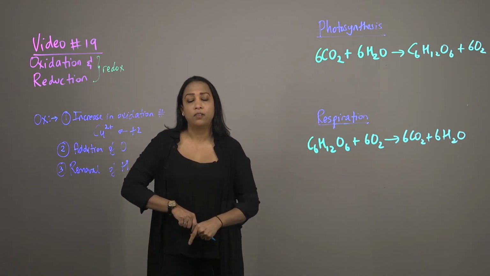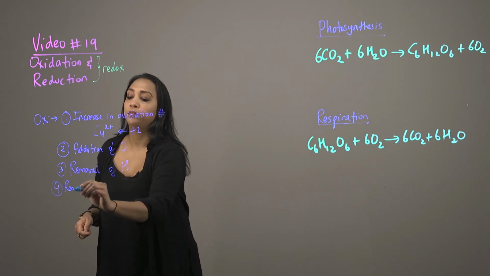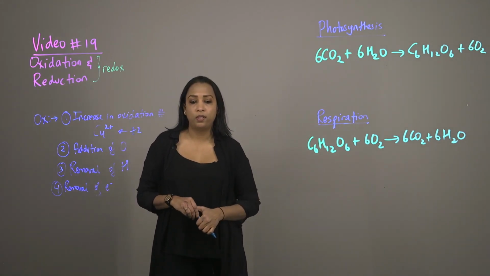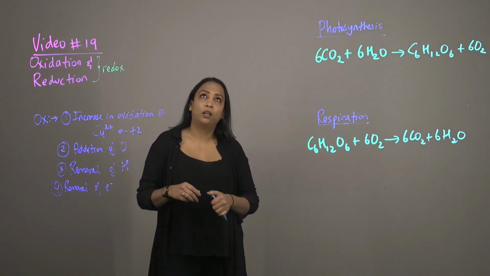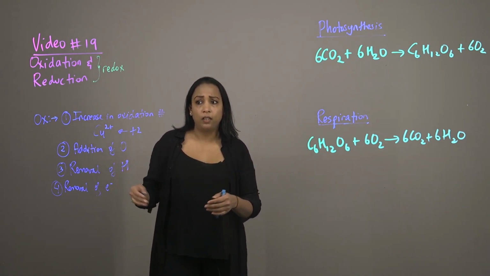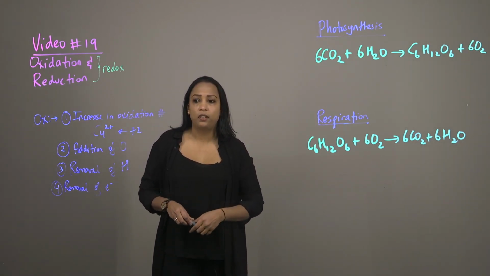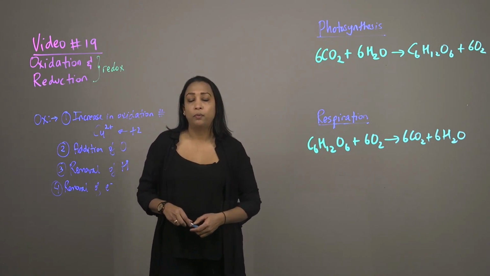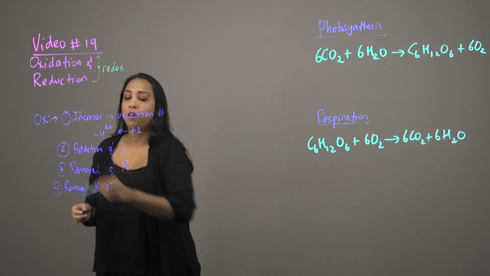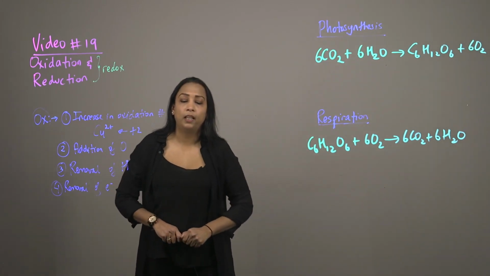Finally, we can define oxidation as the removal of electrons from a molecule or a species. So if we are being converted from a low valency to a high valency, that is going to be an increase in oxidation number. If we are adding oxygen, if we're removing hydrogen, or if we're removing electrons, all of these are termed oxidation. Now, on the other hand, if we want to define reduction, reduction is simply the reverse